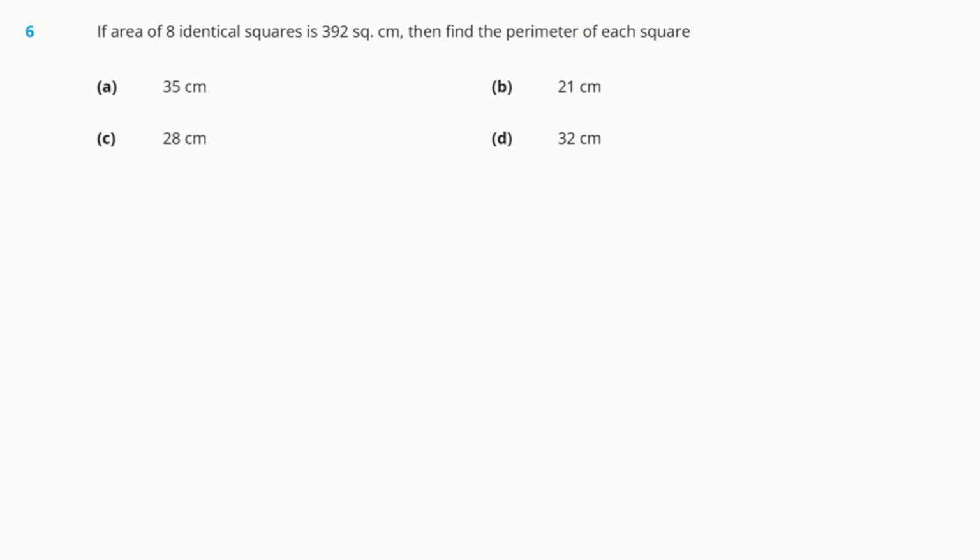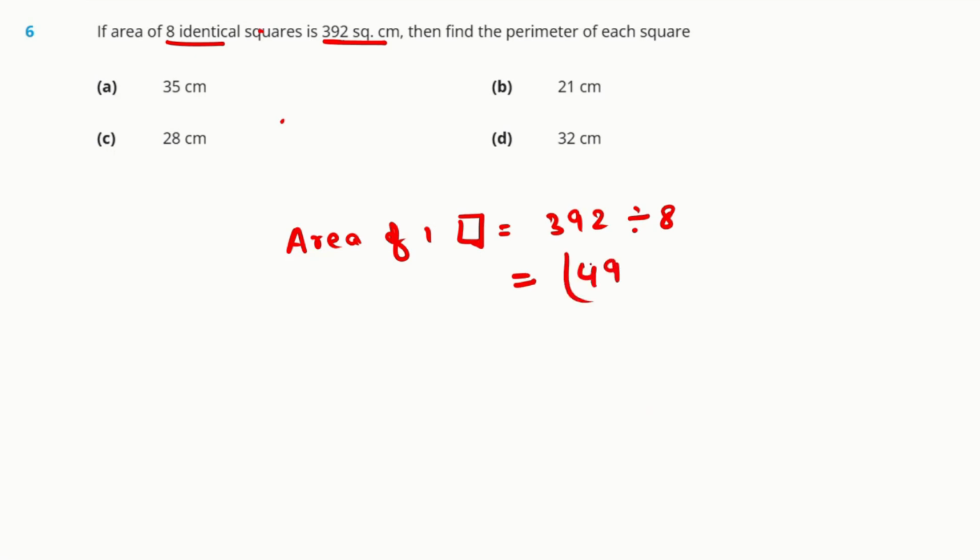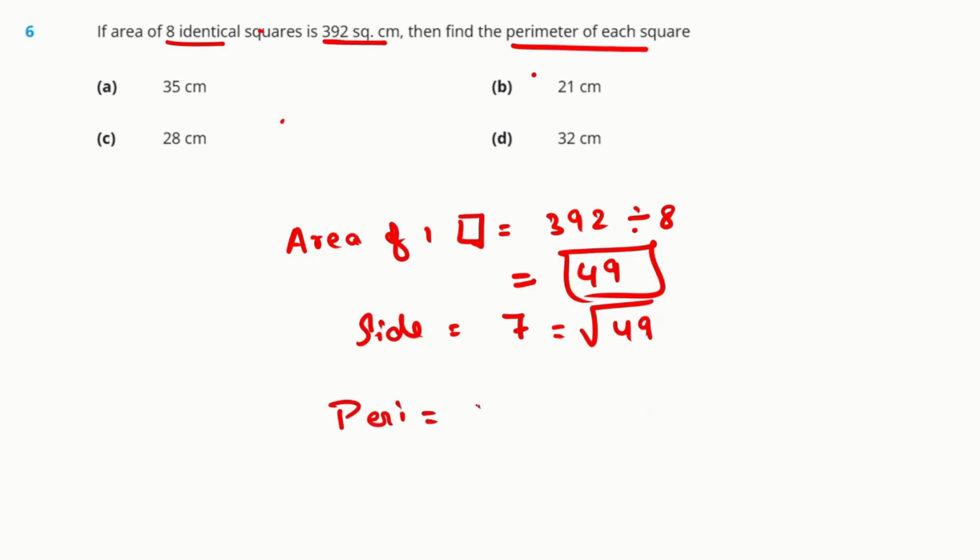Moving on to question number 6, the area of 8 identical squares is given to be 392 square centimeter. If the area of 8 identical squares is 392, the area of one square is obviously 392 divided by 8. When we divide, we get 49. If 49 is the area, that means the side of each square is what? 7, which is nothing but the square root of 49. So the perimeter of each square is 4 times the side, which is 4 times 7, hence 28 centimeter being our